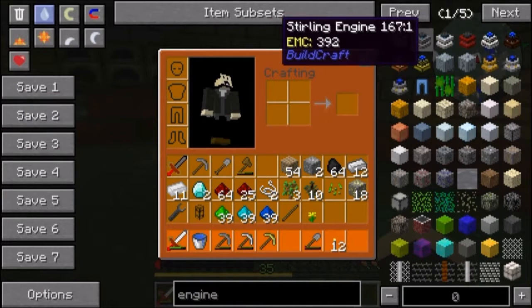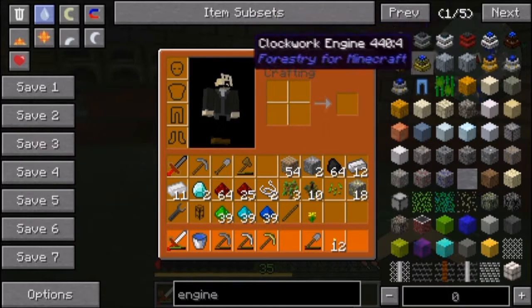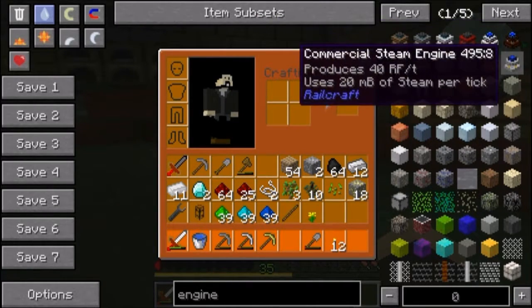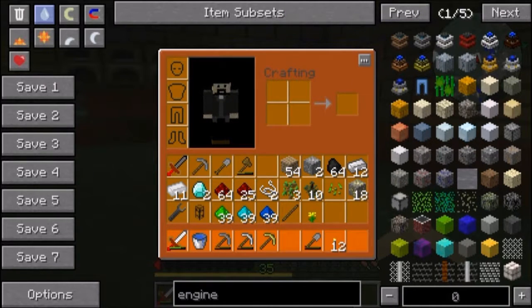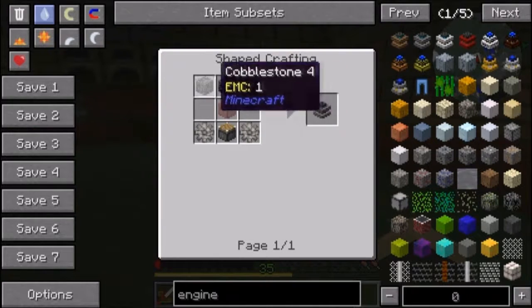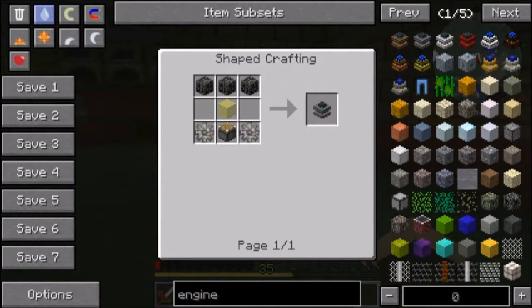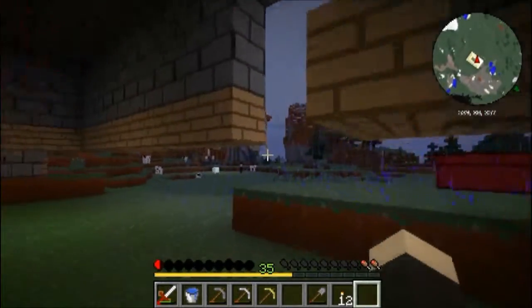We can, because this has got an EMC rating, although it doesn't seem to be as high as a combustion engine, we can just use them to create them if we need to at a later date. But they are a whole lot cheaper, as you can see, with stone gears instead of iron. Anyway, having looked at